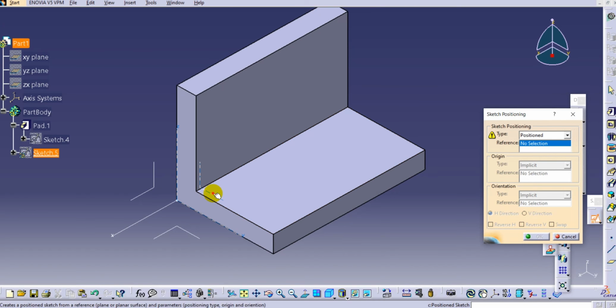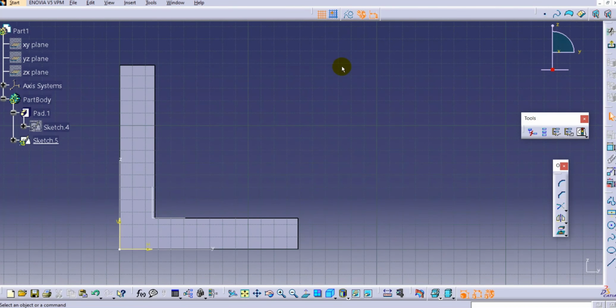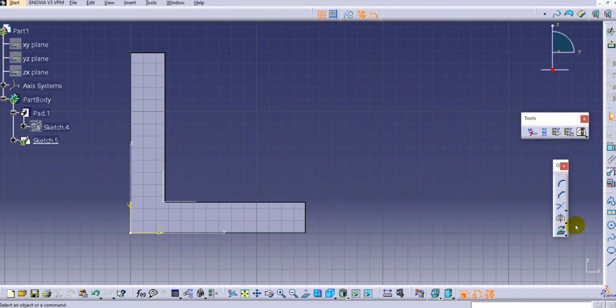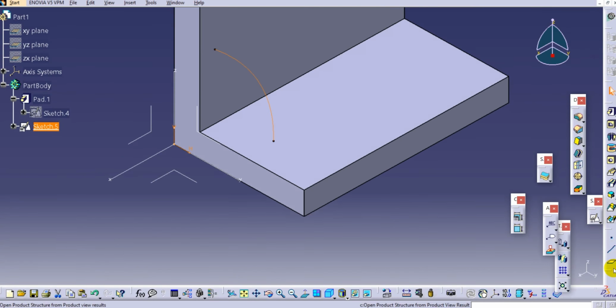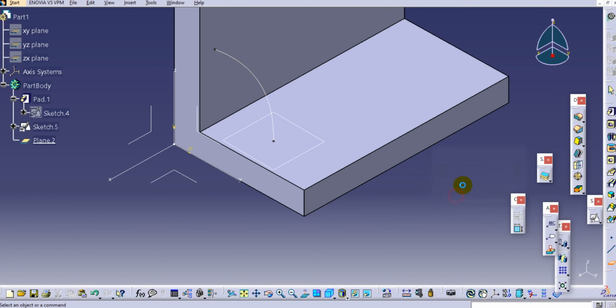And now again I will draw on this plane over here, and randomly we can just create a simple spline here. Just exit this, and again here we will create one plane, and at this point just click on OK.